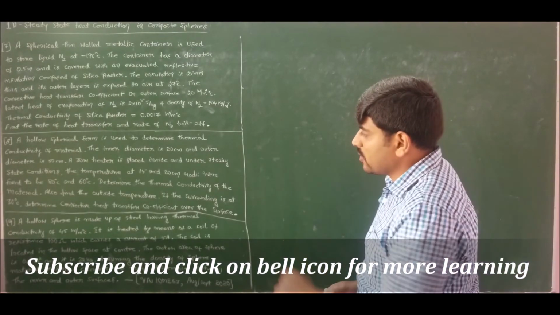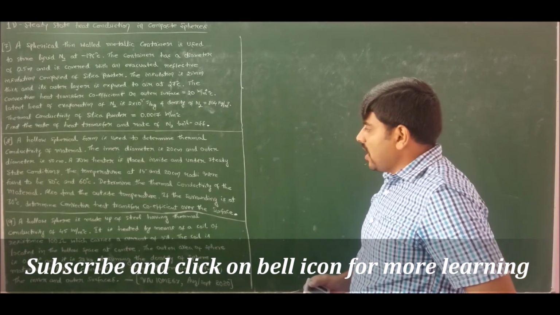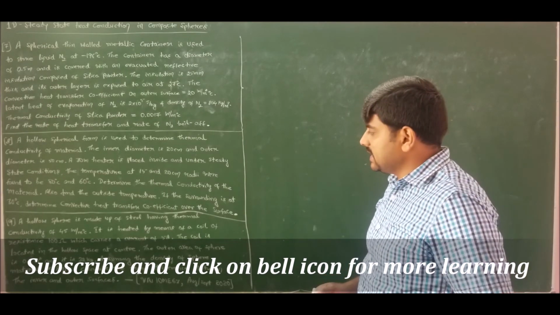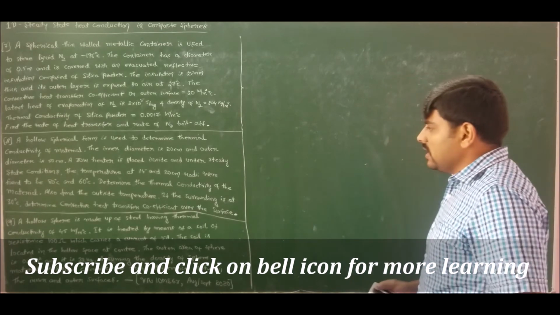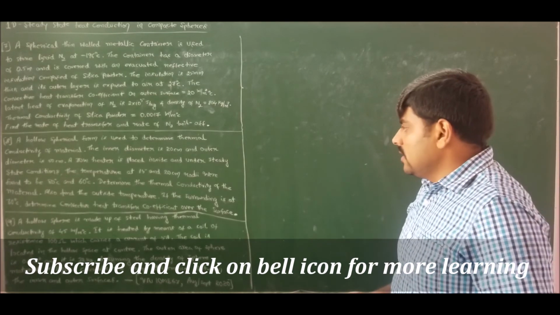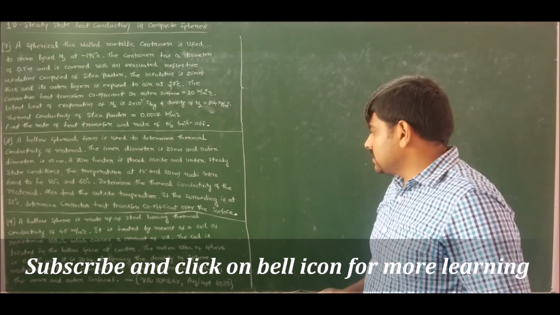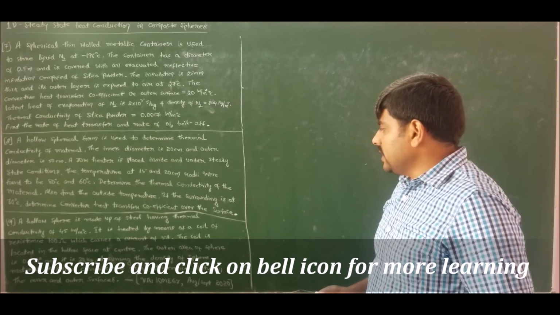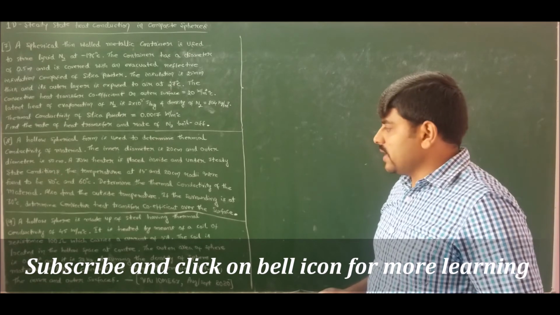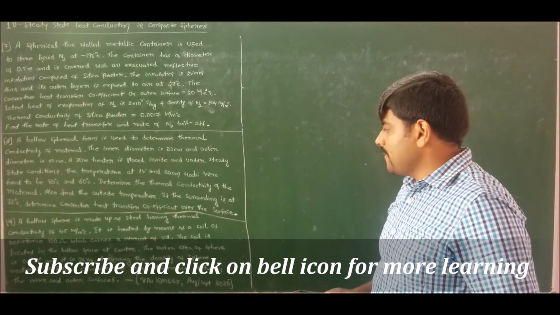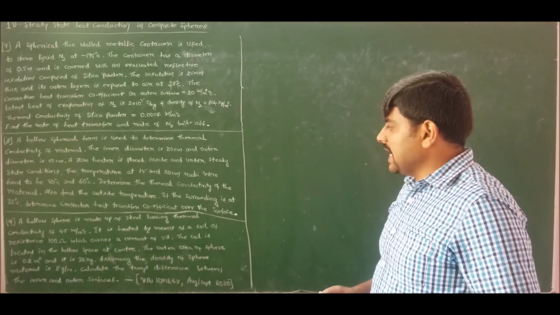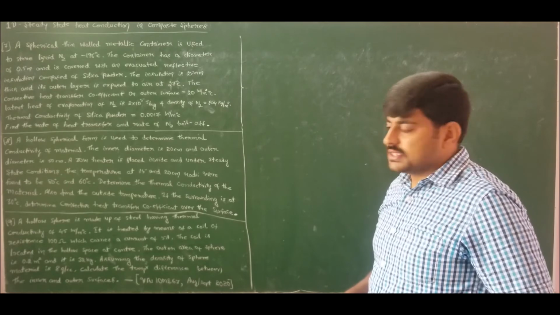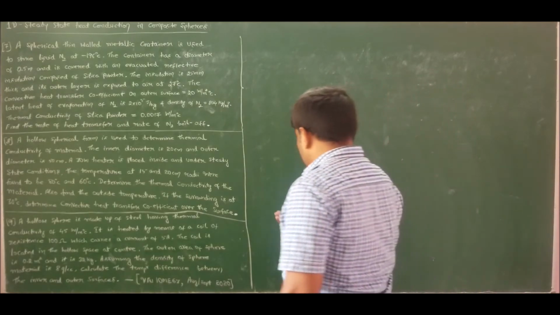Next, moving ahead to problem number 9, which states that a hollow sphere is made of steel having thermal conductivity of 45 watt per meter degree Celsius. It is heated by means of a coil of resistance 100 ohm, which carries a current of 5 amperes. The coil is located in the hollow space at the center. The outer area of the sphere is 0.2 meter square and it weighs 32 kg. Assuming the density of the sphere material is 8 gram per cc, calculate the temperature difference between the inner and outer surfaces. So let us solve this problem.